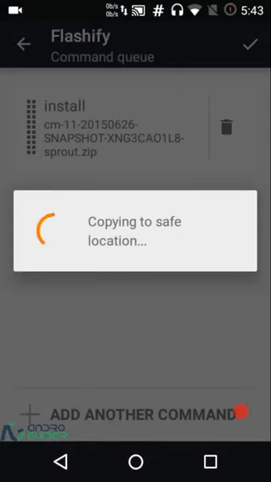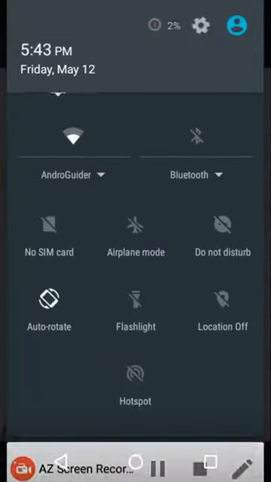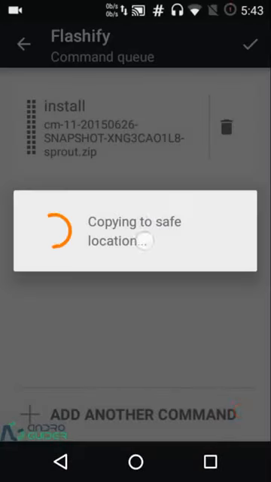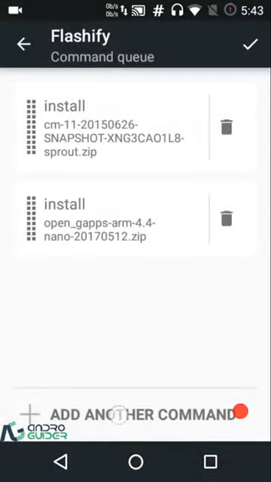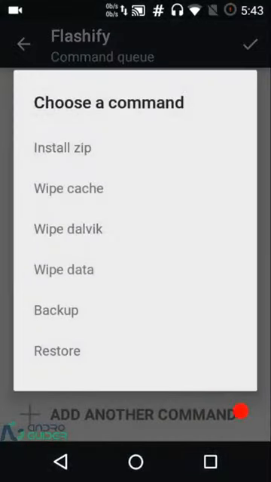Actually, I will just flash my phone this time using Flashify itself. Okay, it's still 2%. Yeah, so it will again copy the file to a safe location. So after flashing the ROM, I will flash the gapps, and then I will add another command to actually wipe